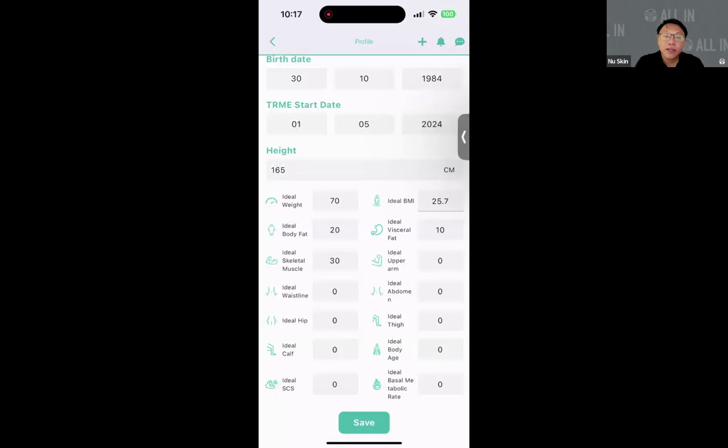When we input the values over here, the system is going to plot a goal, a timeline for your customer, I mean. So whenever there is a new update of body metrics, it will calculate a percentage of progress towards the goal. That will help your customer know at a quick glance how far away they are from the goal. Okay, so after that, simply save it.